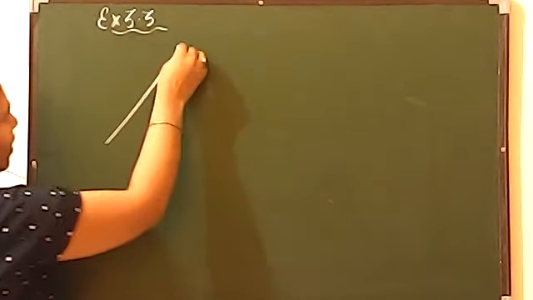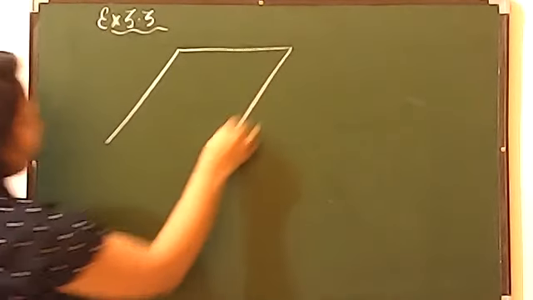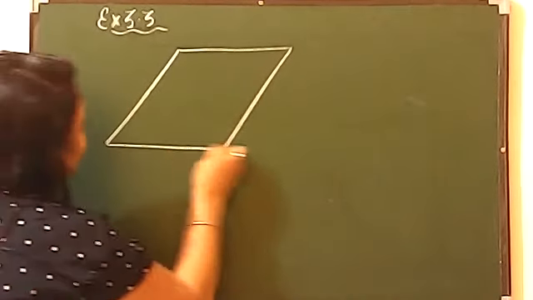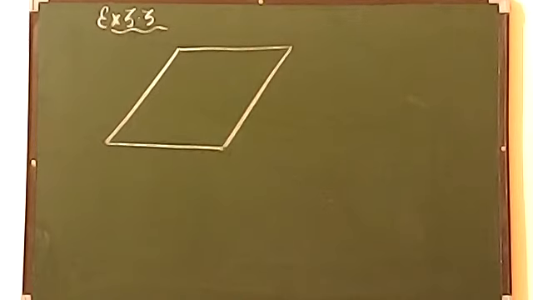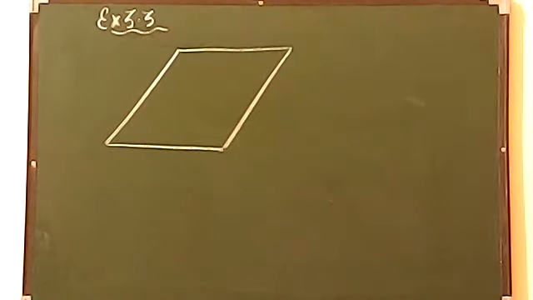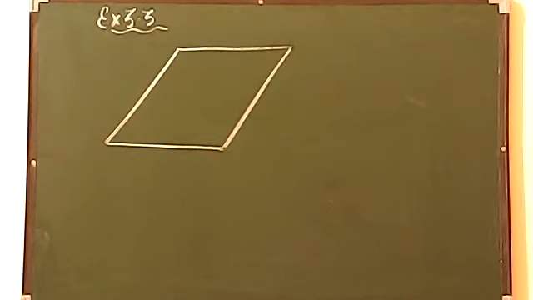A parallelogram is a figure which is a quadrilateral first. So it will hold all the properties of a quadrilateral. It means it has four sides, it has four angles, some are adjacent, some are opposite angles. There are two diagonals and the angle sum will be 360, exterior angle sum will also be 360 degree. This is the common property which every parallelogram has.